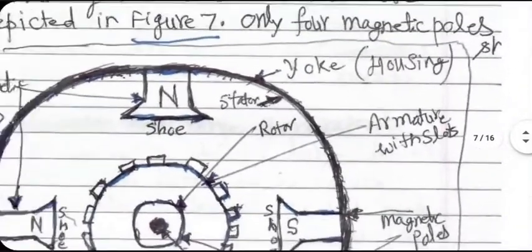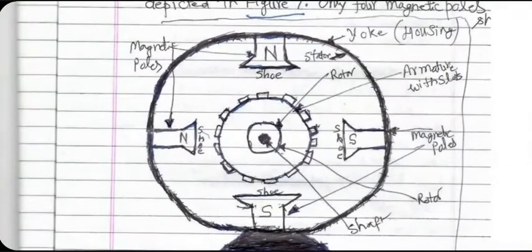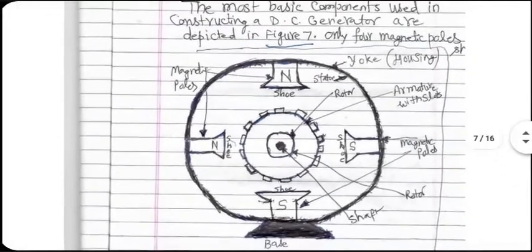Okay. At the same time, the North Pole and South Pole that you have could, in theory, be built using natural magnetic materials. In practice, natural magnetic materials may not give you sufficient magnetic flux. And with aging, the flux decreases even further. So what we normally do is we have electromagnets.